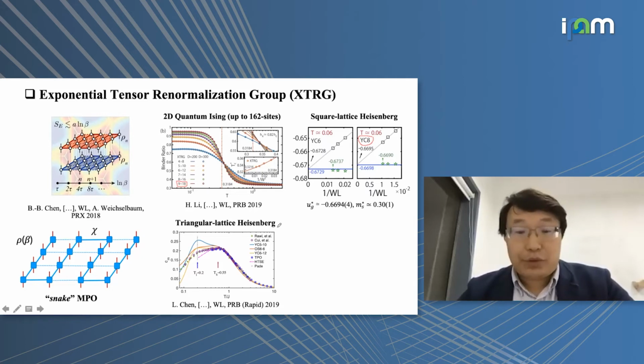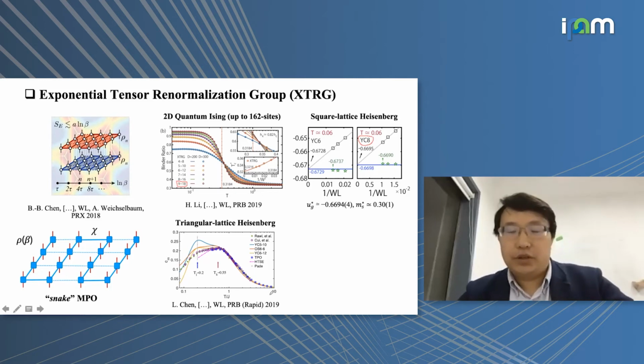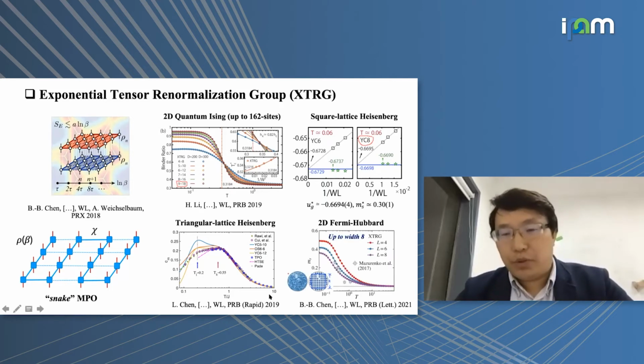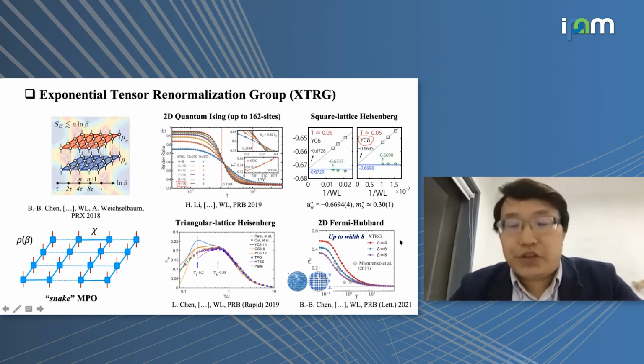So with this, we established two temperature scales of this frustrated antiferromagnet. Only below this low temperature, previously inaccessible, the system entered the renormalized classical region. And between the higher temperature scale and the lower temperature scale, there's an anomalous liquid-like state. And with the 2D Fermi-Hubbard model, we can also compute system sizes up to width 8, right? And we can compare to ultracold fermion quantum simulations.